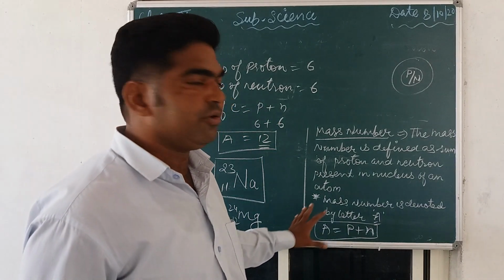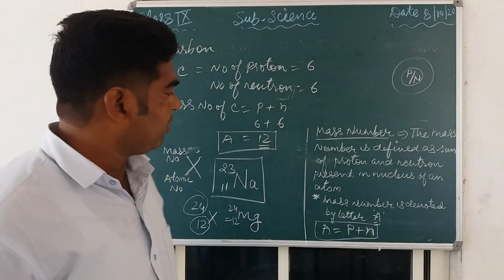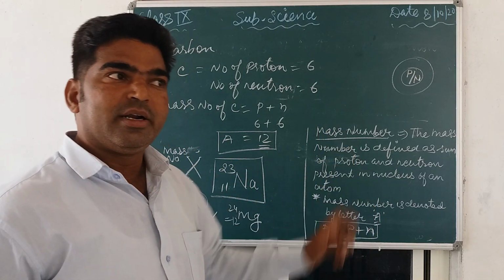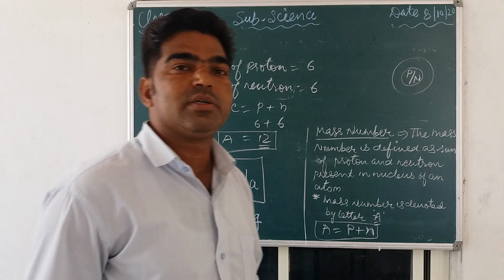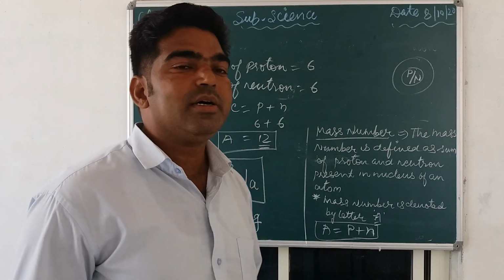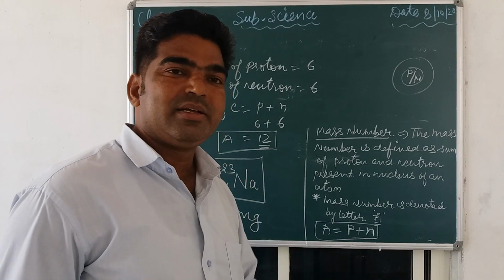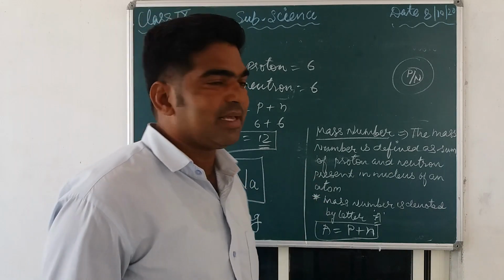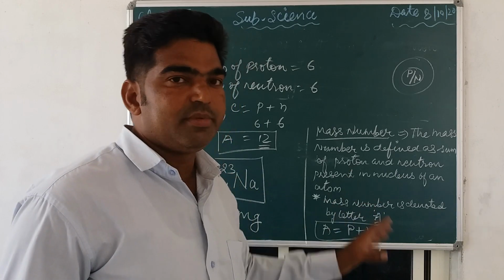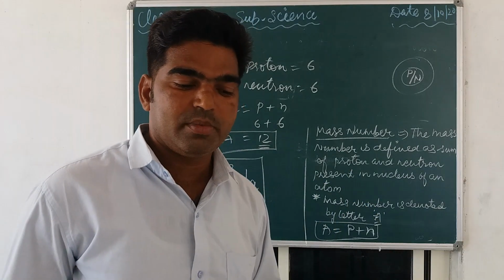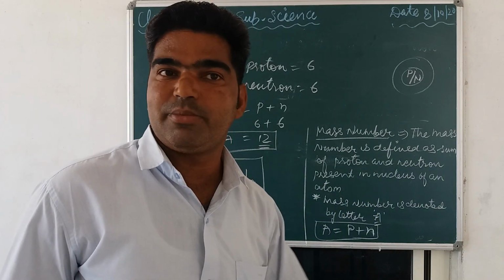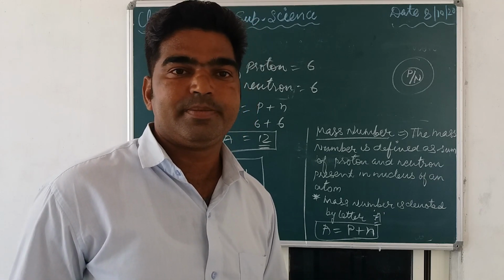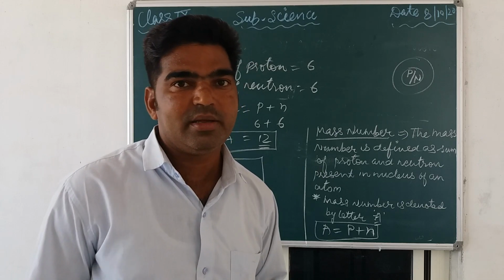I hope everybody understood. If you have any doubt regarding atomic number, mass number, and how to distribute the number of electrons in different orbits or shells, you can ask through Google Meet. So today's class is over. Everybody, go through the textbook. Okay, because the textbook is quite important, everyone has to read the textbook line by line. Okay, have a nice day.